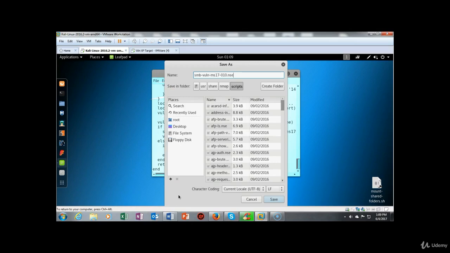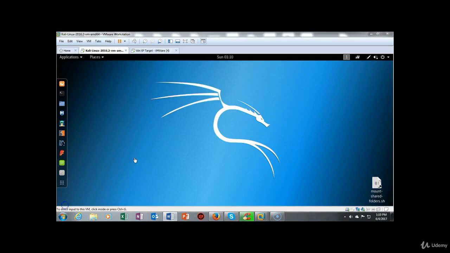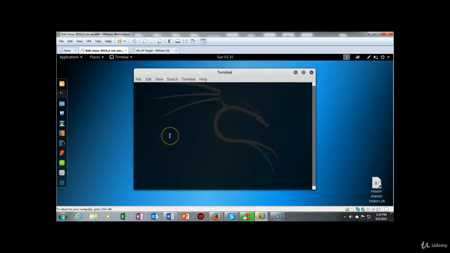So the next thing I want to do is make sure that my Kali machine is on the same network as my other devices that need to be scanned for this vulnerability. To do this, I'm going to open up a terminal, and on this terminal all I'm going to do is type ifconfig,